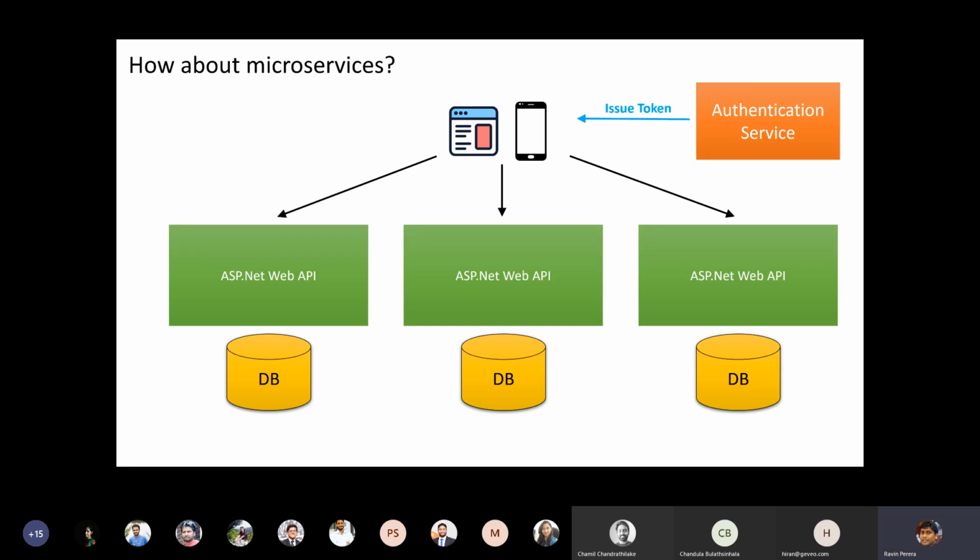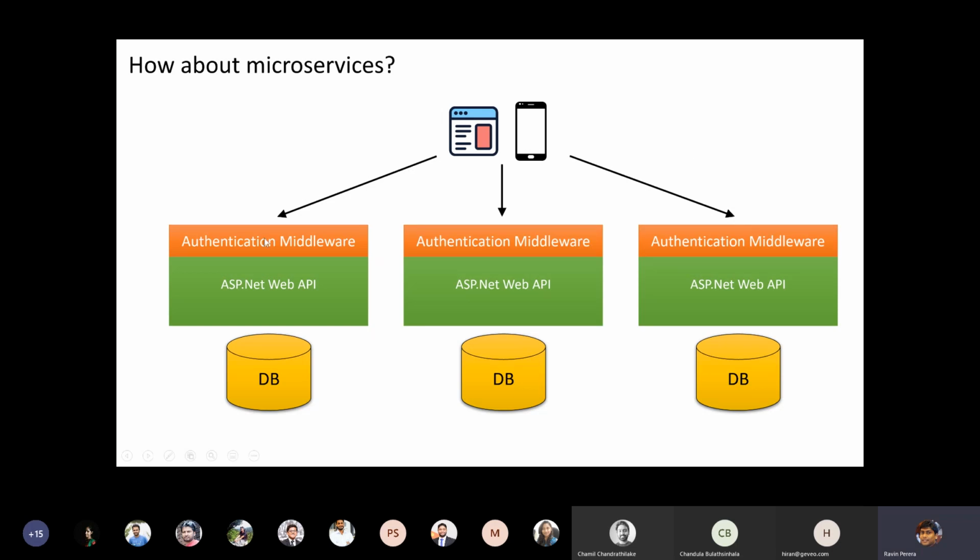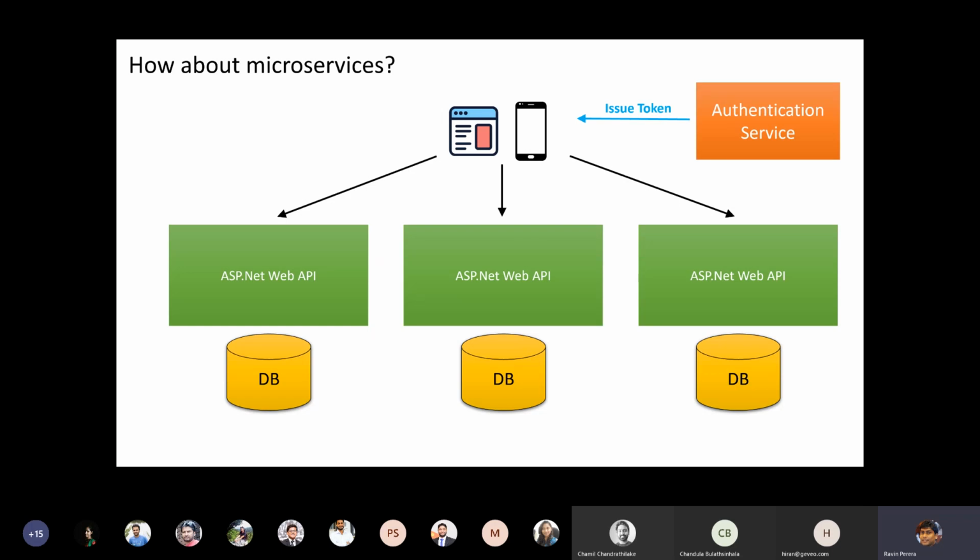Okay. So this is what Hiran mentioned. We basically take out this authentication middleware, separate it out, and move it to a separate service. That separate service is responsible for issuing the token to the client. Right? Ravin, sorry to interrupt. Now here we have separate services, right, and separate databases. Most of the time, I have seen in the projects that we did in GBO and are currently doing, we share the database, but with different services. Yes.